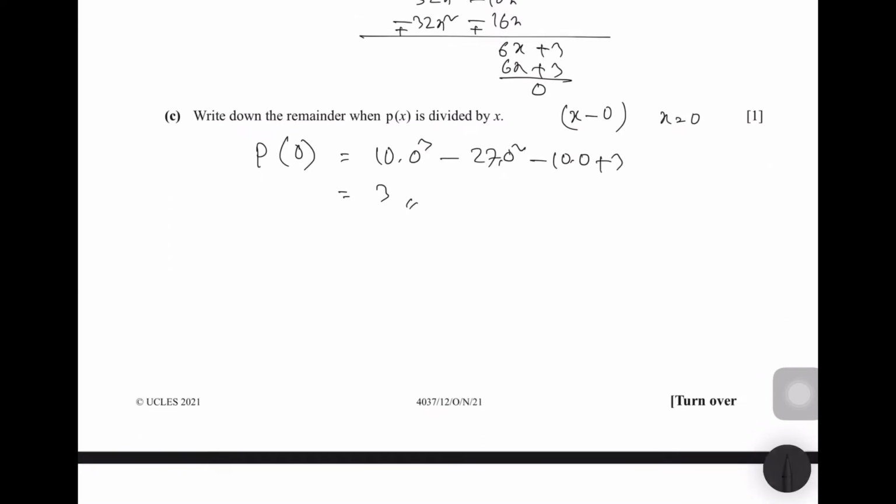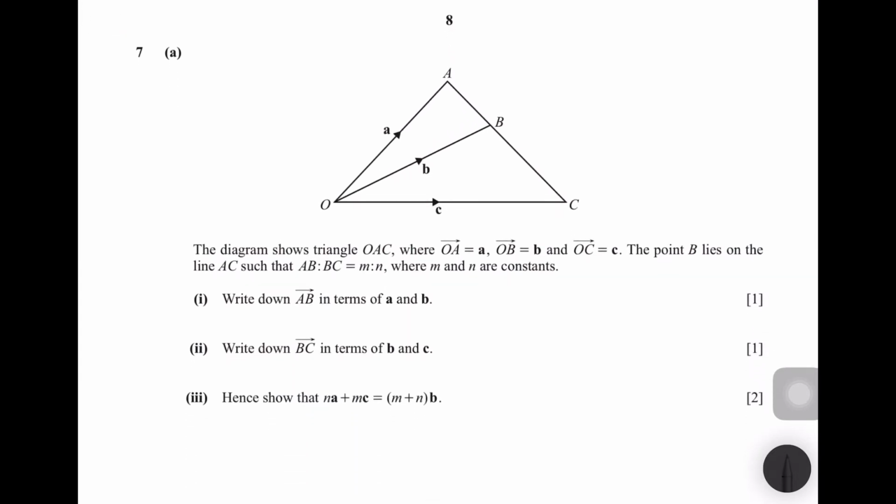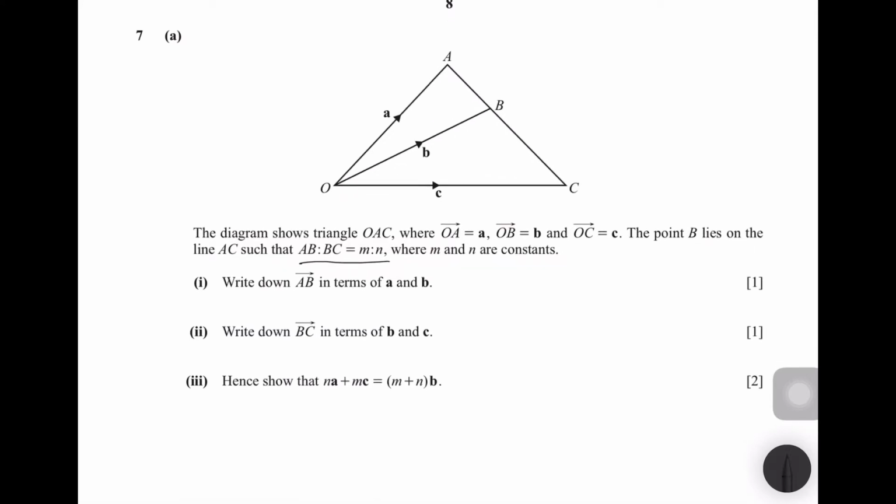So this is the 1 marks maths. Now let us see question 7. This is from vector. The diagram shows triangle OAC where OA equals A and OB equals B and OC equals C. The point B lies on the line AC such that this ratio is given. Okay, find AB. We know that